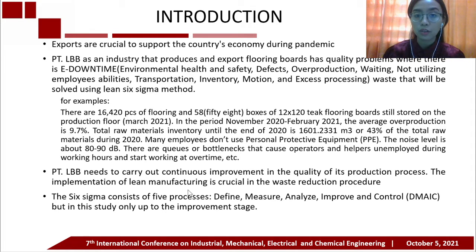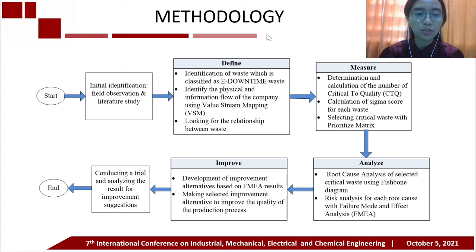PTLBB needs to carry out continuous improvement in the quality of its production process. The implementation of lean manufacturing is crucial in the waste reduction procedure. Six Sigma consists of 5 processes: define, measure, analyze, improve, and control. But in this study, only up to the improvement stage. And then the methodology. First, the researcher conducted initial identification and then implemented the DMAI method. In the define stage,